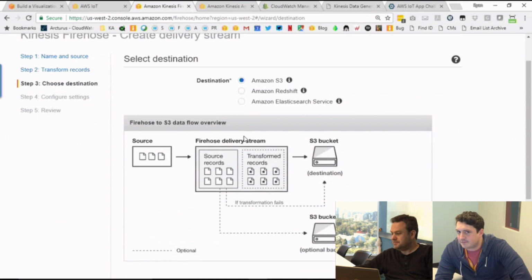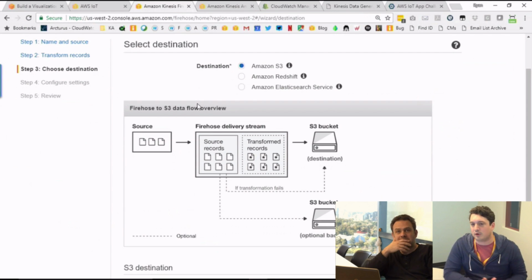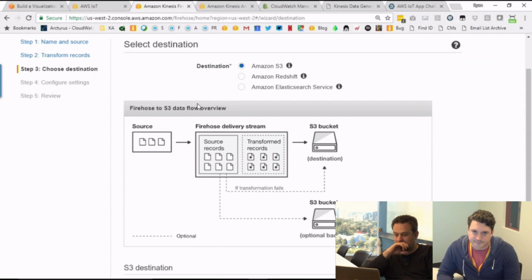So here are your options for delivering data to various destinations. S3, Redshift, or Elasticsearch. For this challenge, you can send it to S3 and pull data from S3. That's a great option. I'd recommend that. Another great option is to send it to the Amazon Elasticsearch Service. If you're familiar with that, you can get very rich dashboards and real-time search capabilities with that service. And the fact that Firehose handles the whole ingestion path for you will make the majority of your development effort spent on getting those cool analytics set up.